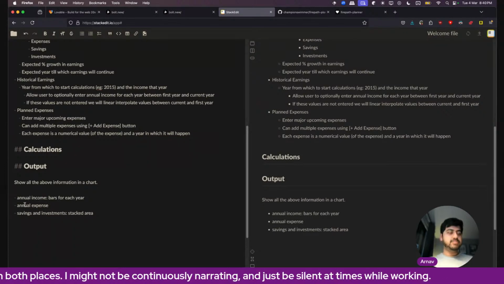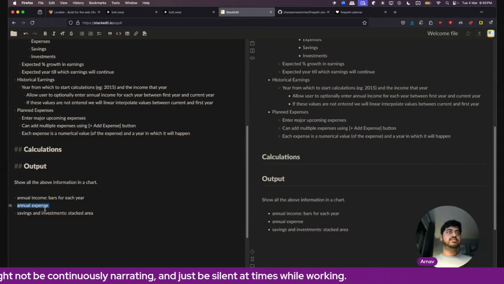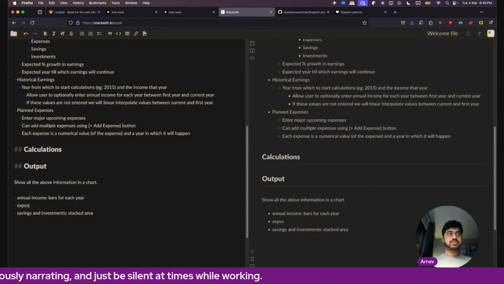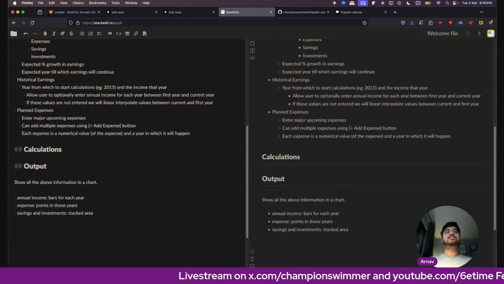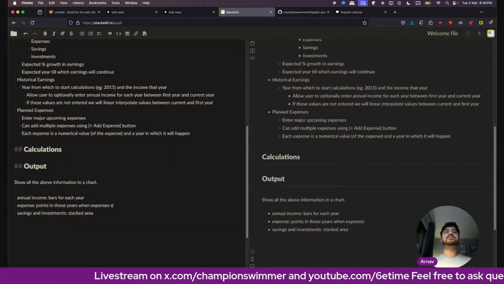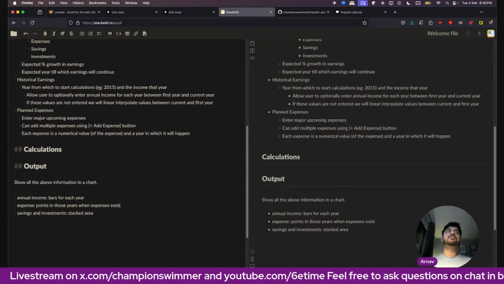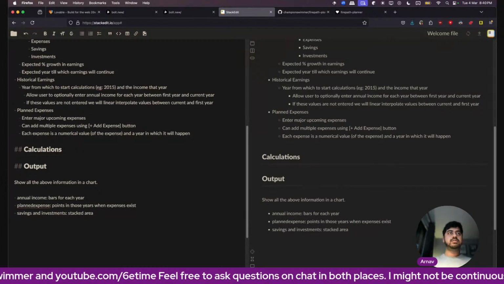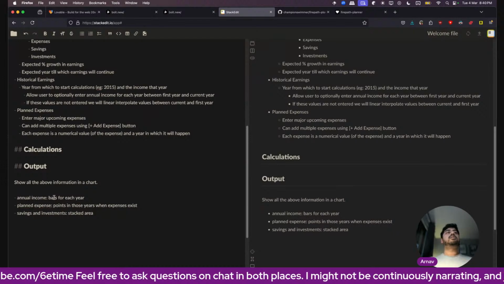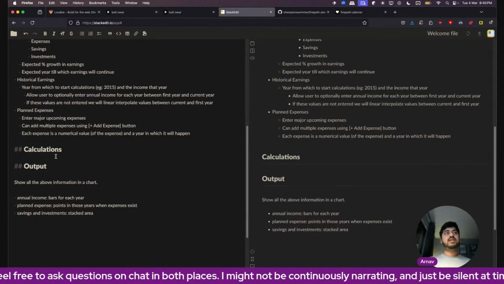I'd say expenses probably also bars, or points in those years when expenses exist, because those are major expenses. Okay, that's maybe the chart that I want.